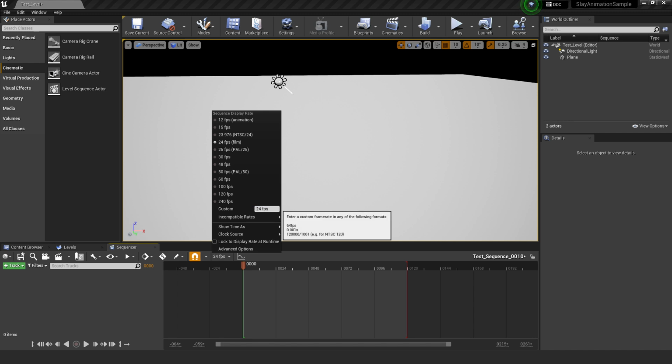You also have your custom option, where you can absolutely create a custom one and it'll set it for you. You can also, if you do not like dealing with frames and you want to know how many minutes or how many seconds have actually gone by, go in here, show time as, and go into your seconds, frames, and DF time code, all that good stuff.